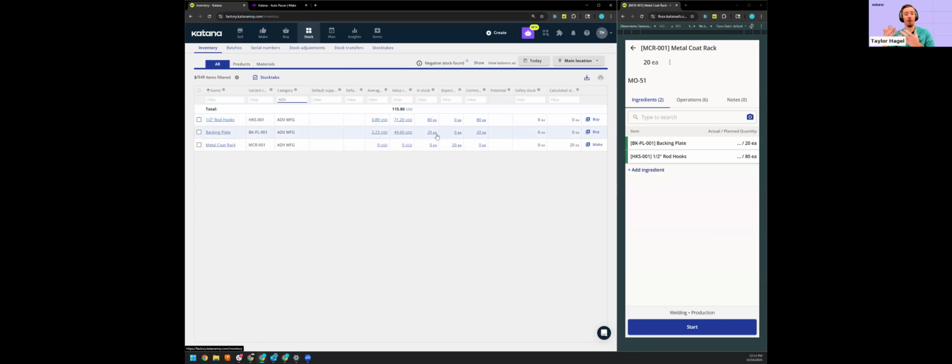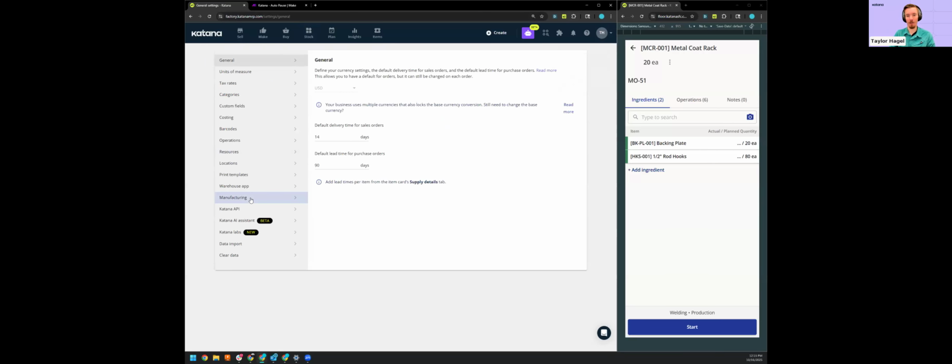Even if this employee has started the project, this doesn't change. The values in stock do not change until all of the manufacturing order steps are completed and the manufacturing order is marked as done. At that point, the stock transfer will happen. We'll remove the materials from stock and we'll add the finished goods into inventory. Now, what the picking feature allows us to do, let me go ahead and enable it,